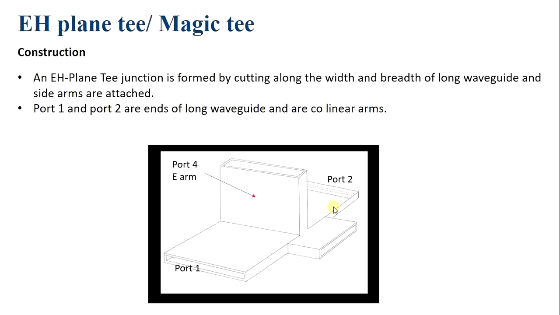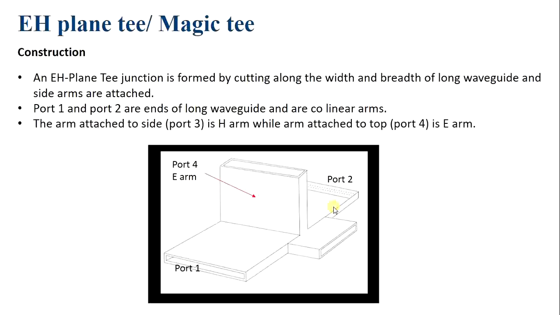This is the arm which is connected at the top of the waveguide, which is port 4, and it is the E arm, and the arm attached to the side is port 3, which is the H arm. In this way the magic T is constructed,